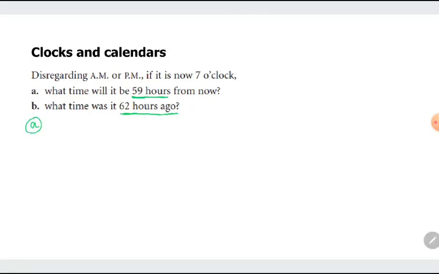So let's first focus on letter A, 59 hours from 7 o'clock. So process A, we just take the 59 modulo 12. We're solving in modulo 12 arithmetic since our clock repeats its value every 12. Ano po? So 1, 2, 3, 4, 5, 6, 7, 8, 9, 10, 11, 12. After 12 noon, for example, ang ating orasan will go back to 1, and then to 2 and 3 and 4, not 13. Okay? So if we divide 59 by 12,